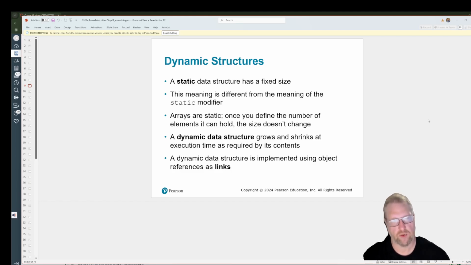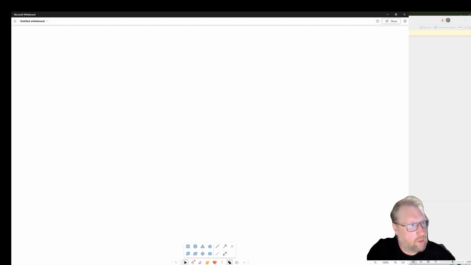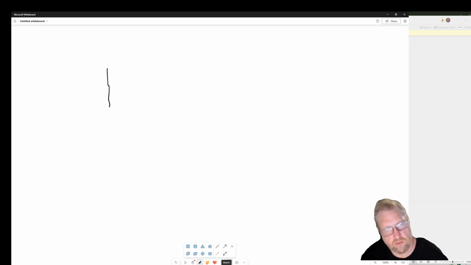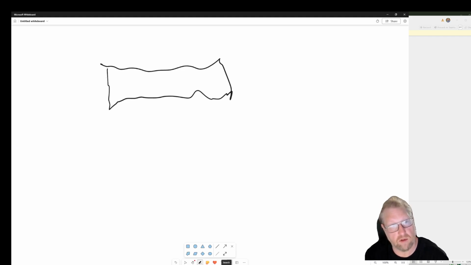But let's go back to the reasons why dynamic structures are important. It is because with an array, you can't just ask for one more. You can't just say, hey, I want one more. I need to add one more, but my array does not have the size for it. Now, what does that mean? Well, if you have an array,